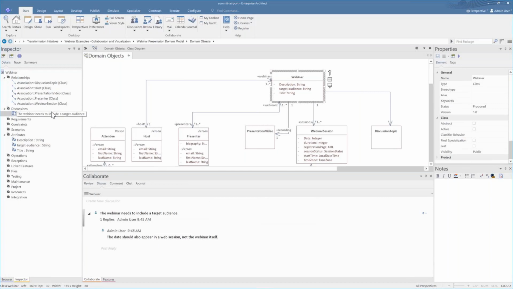Now, the great thing is that I can go to my discussions, and you can see the Collaborate window that Estelle was talking about is shown on screen. And I've said the domain diagram has now been updated as requested.